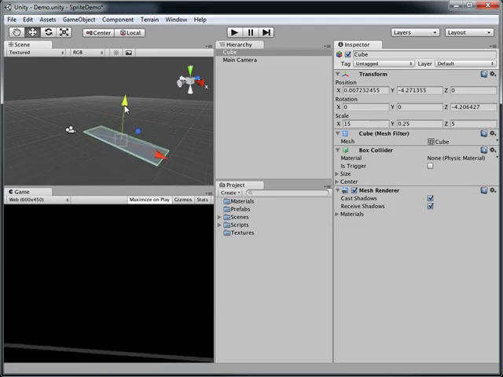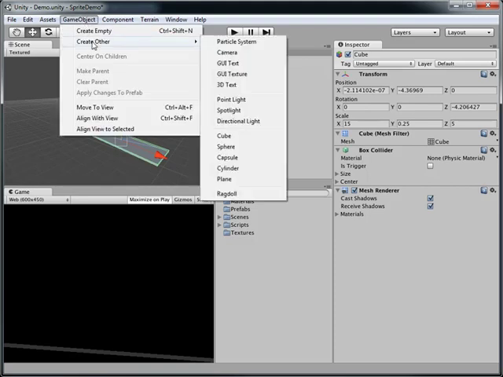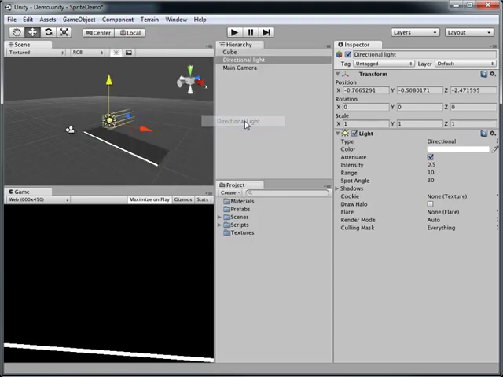Alright, now one of the things that I talked about earlier when creating this was he was gray. Now the reason he's gray, well, he looks gray here, but that's not exactly why. His true color by default is white, but he's gray because there is no camera in the scene, or sorry, correction, there's no light in the scene, not that there's no camera. So one way that we can fix it is by adding a light. We could add a directional light like this, and then he lights up and you can see his true color,